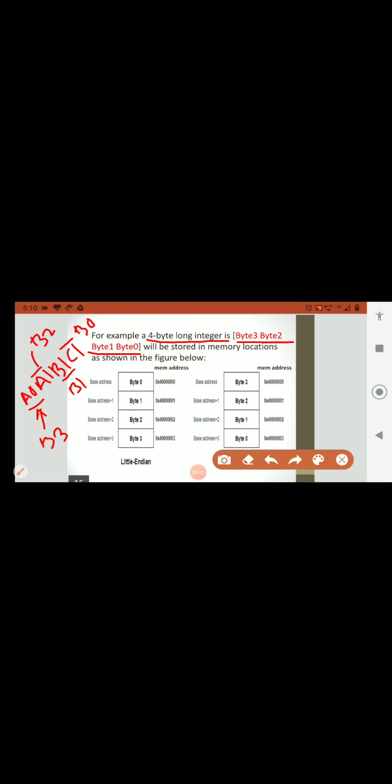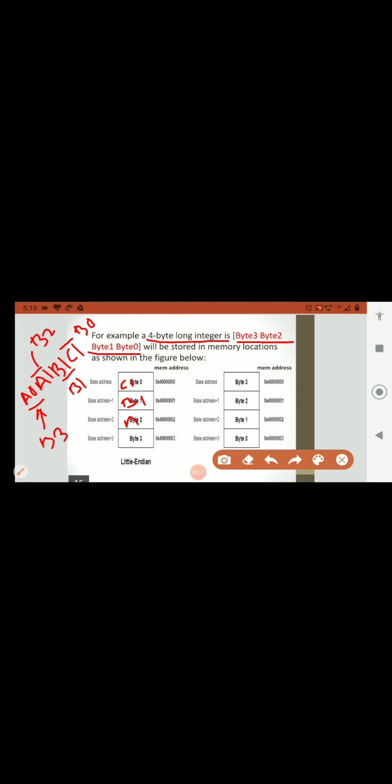Now these bytes are stored in the memory locations. So in Little Endian, how will the data be stored here? What is byte 0 here? That is C1. What is byte 1? That is B1. What is byte 2 here?